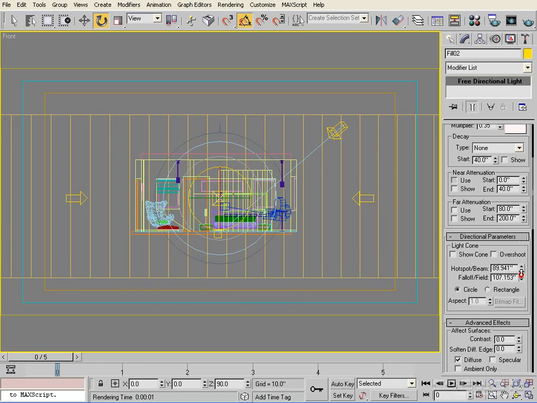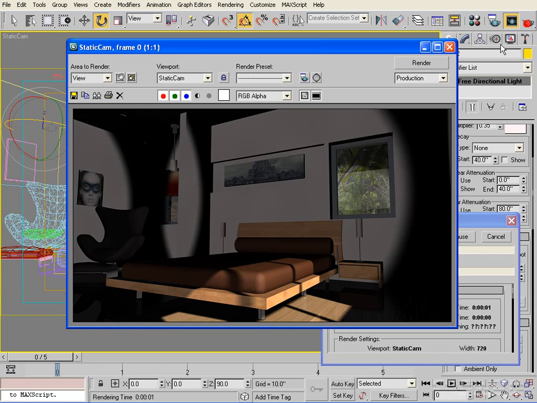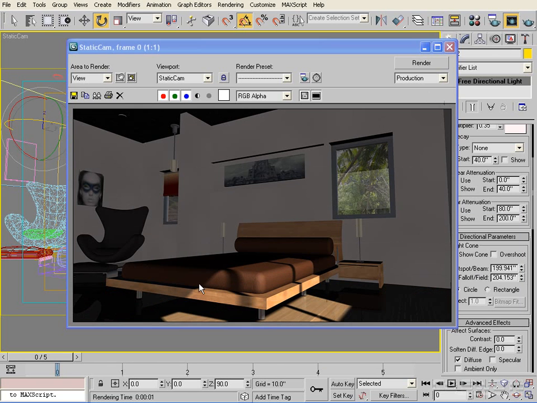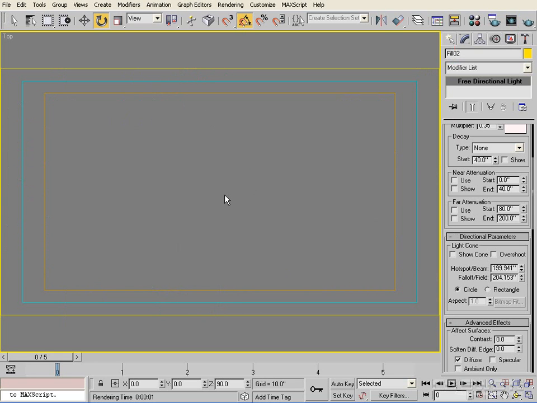We can just wind the outer amount out past our geometry, and the inner amount out past our geometry as well. Now if we go back to our camera view, give that a render. Okay, so we've got our fill lights working there now,